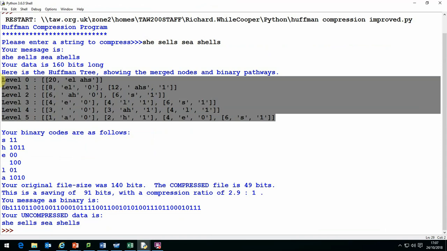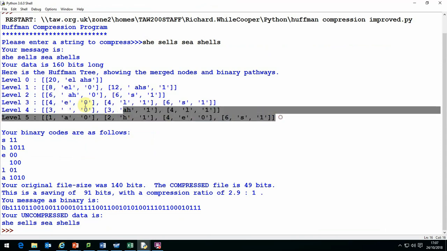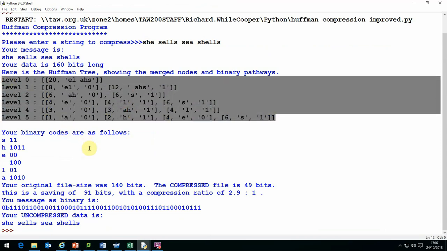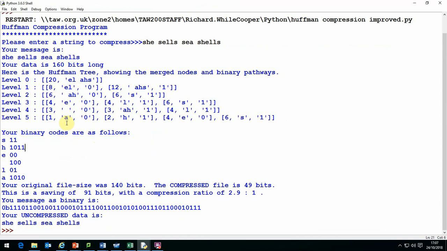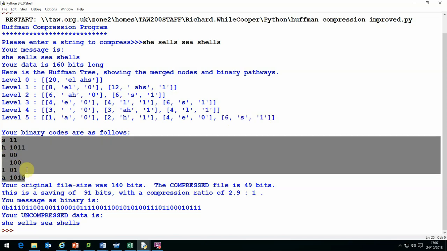Now, this isn't quite accurate in terms of the one that I drew on the whiteboard, and the reason is that there's some duplication. So we see, for example, that 6 S's appears here, and it also appears here. It's just the way that the program's outputting the information. It doesn't quite accurately draw it, but what it does do is produce our unique set of binary codes